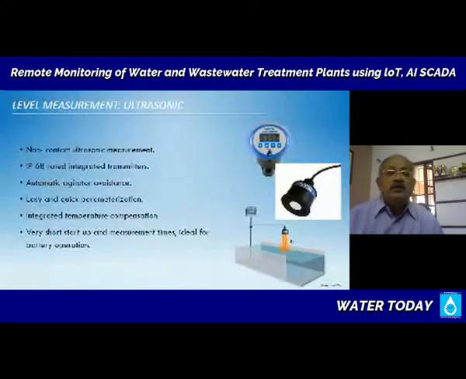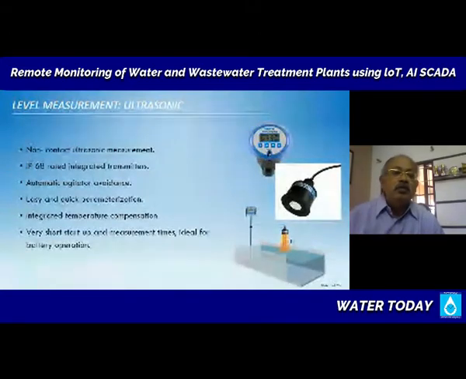Now, in any water system, whether the water is moving in an open channel, a river, or in a pump system with storage reservoirs, etc., level measurement is a key parameter. Now, there are various ways of measuring water level. The most commonly used one in terms of our municipal water systems and even open channel systems is a non-contact system. That is an ultrasonic